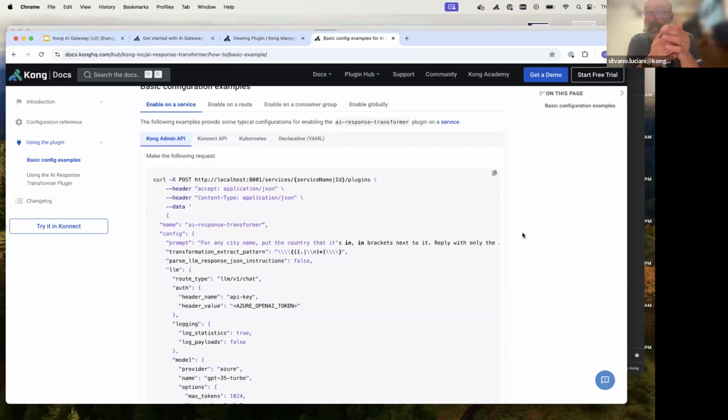I think with the AI plugins, we are giving you all the infrastructure that you need to perform an evaluation of the quality, and then route based on where you see that you get better results and better responses. And not just this, but also other parameters. At some point, you might even want to find a trade-off between quality and cost, right? And express some level of threshold where you pay enough, but not too much. You get quality that is good, and it's the best sort of compromise.